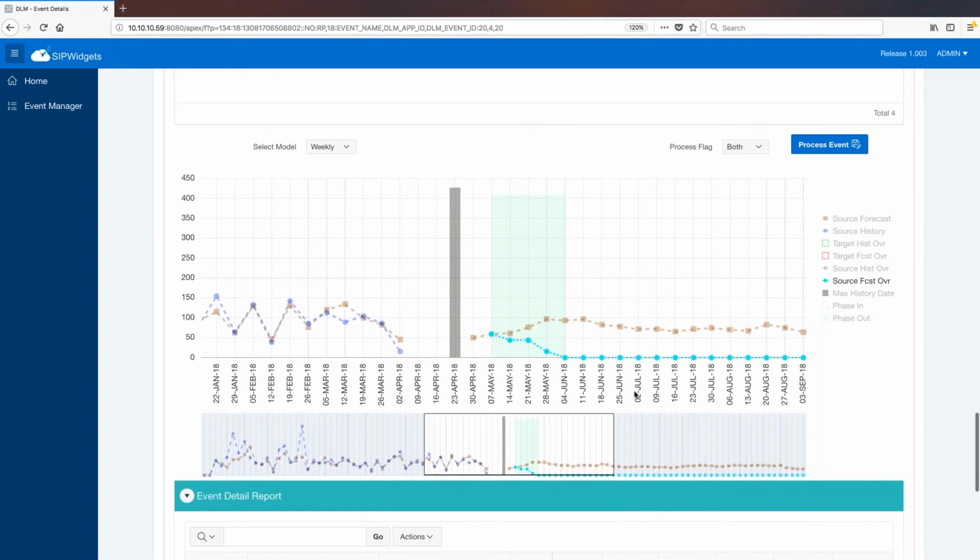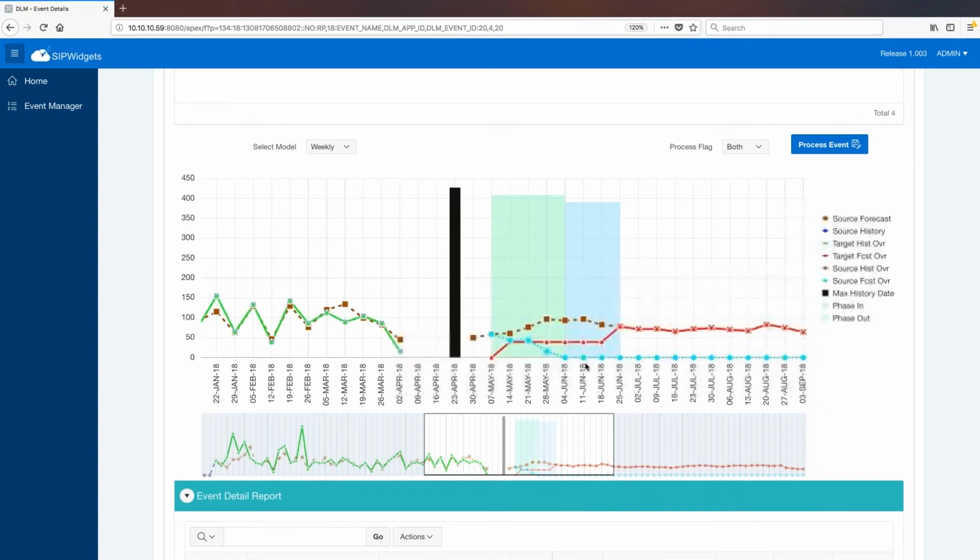So this shows how the source forecast is going to ramp down, and the curves are user defined or system defined for the phase out period. I'm going to enable these back again, so you can see the combined picture where you are seeing the phase in and then phase out in one screen, showing you what graph it's going to follow.